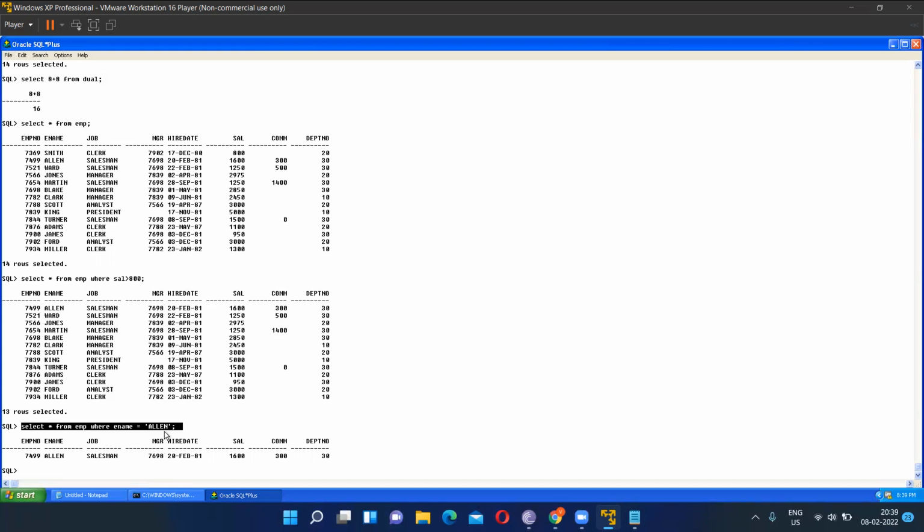So here, where ename equals to what? ln. Yes, guys, are you able to understand? So now you are getting some idea of how to get the data from a table, also using the filter condition, and also using relational operators and arithmetic operators. Are you clear till this much? Okay, fine. Now the next thing we are going to learn is